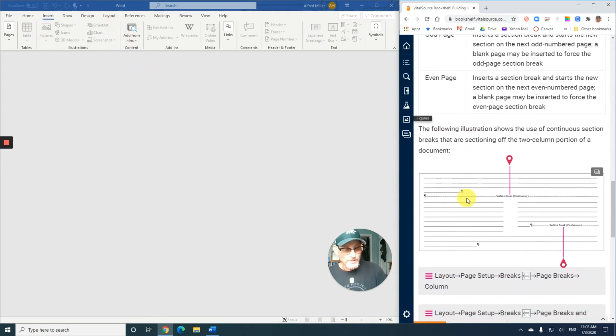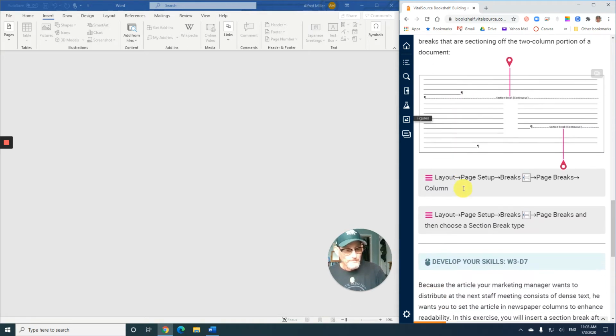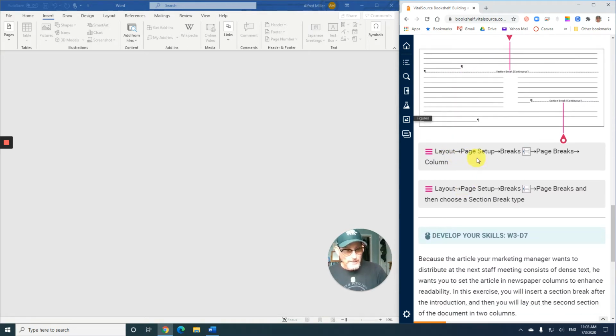So you know, they mentioned it above, I believe, or it's coming here. Following illustration shows the use of continuous section breaks. So it means that this area between the section breaks can be two columns while the rest of it is one column. Pretty cool. So you find this from the layout ribbon, the page setup group breaks. There's a column break. You can also go to layout page setup breaks and get page breaks or other types